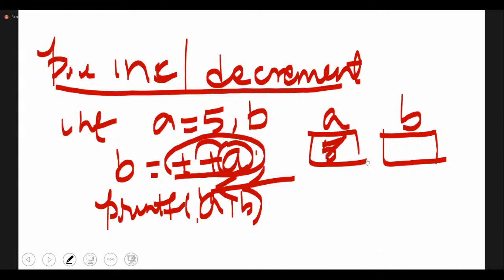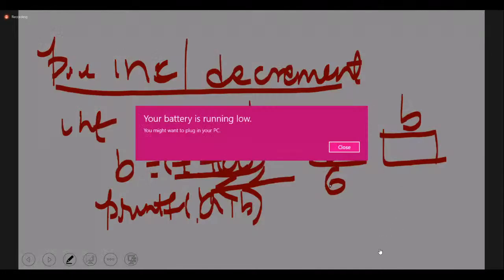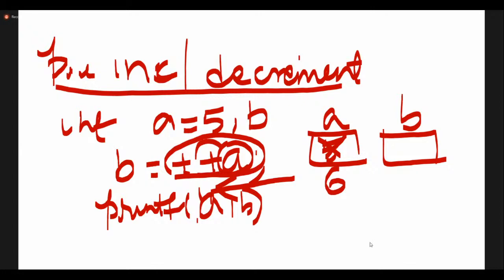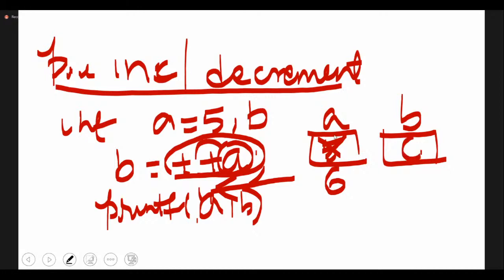So the a value is first updated, and then it is stored. First the value of a is updated, later that value is assigned to b. So when you try to print the values of a and b, you get 6, 6.